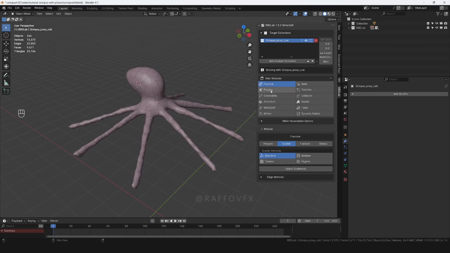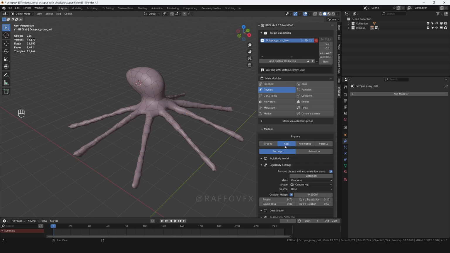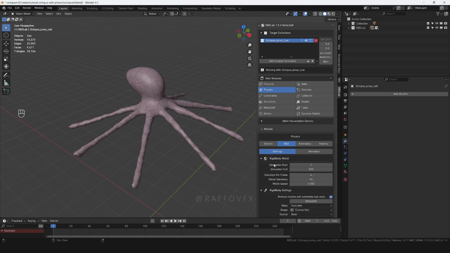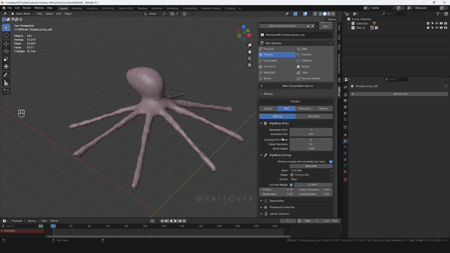I'm gonna move to the physics panel here, and I'm already gonna go under rigid body dynamics, RBD. First of all, my favorite settings for an octopus scene are gonna be these. Rigid body world, sub-steps per frame, I'm gonna increase this to 10, just to have more accurate collisions basically, and more interesting dynamics with the tentacles, actually with the arms. Then I'm gonna scroll down